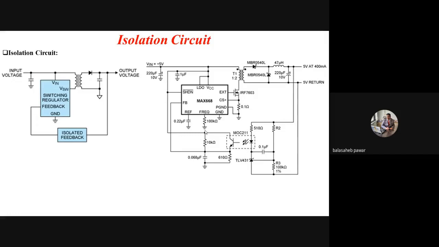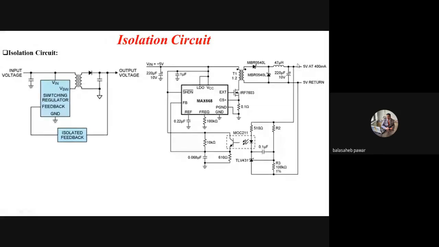Voltage at no load minus voltage at full load, divided by voltage at full load. So the voltage at no load and full load should remain constant. But many times, whenever the load current starts to increase, or the load consumes more and more current, there may be a chance that the voltage drops slightly.